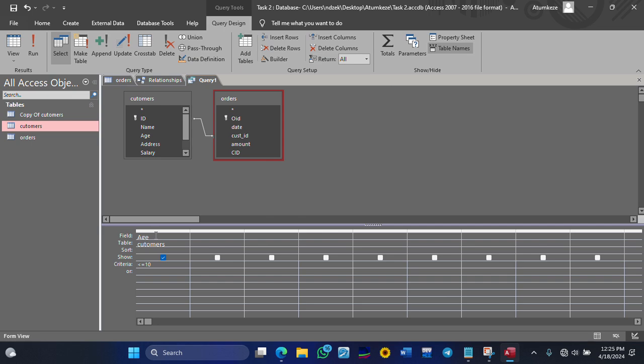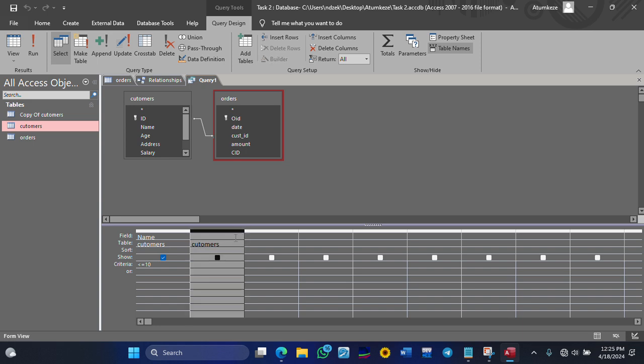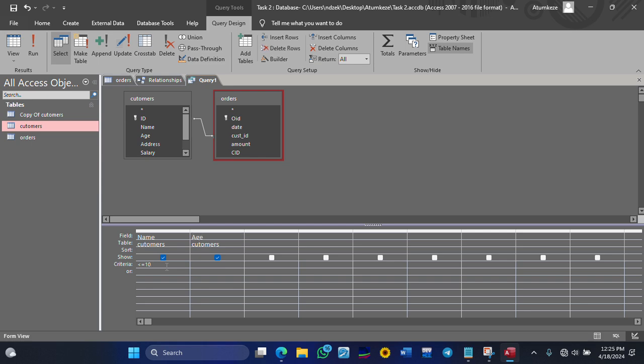So instead of just putting age here, I can decide that I'll display the name of that person too. I'll come here and select the customer table again. And now I want to select that particular age. So I'll cancel this condition from here, and then I'll say less than 10. Let me see. Less than 10. So that the age will be able to